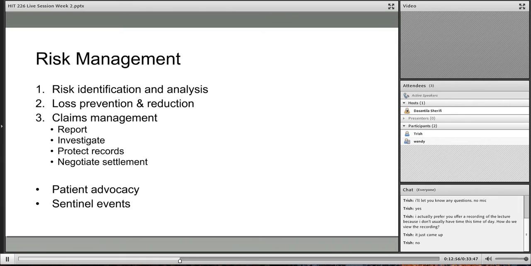Once it is known that a certain patient case has gone to court, or it's in the process, and the facility knows, it is our job to protect the records. In a couple of hospitals I have worked in around here, they were usually locked in the medical records office, the director's office, actually. If we needed to abstract anything from them, we would ask our director, can we get the chart? We would abstract what we needed, and we returned it right back.